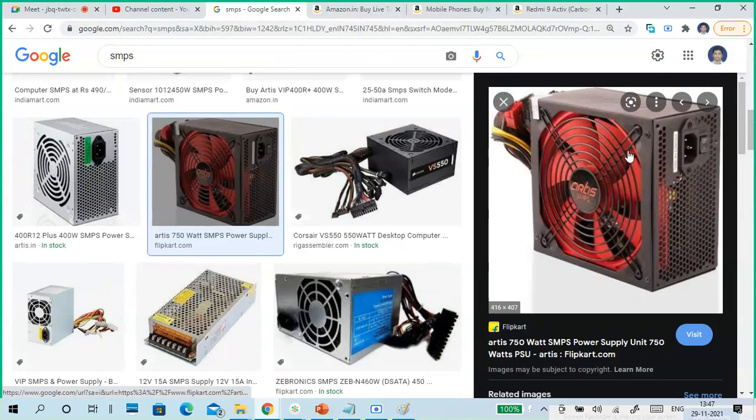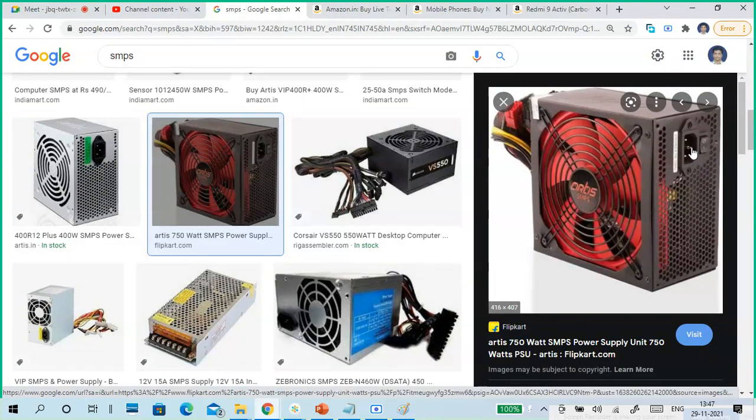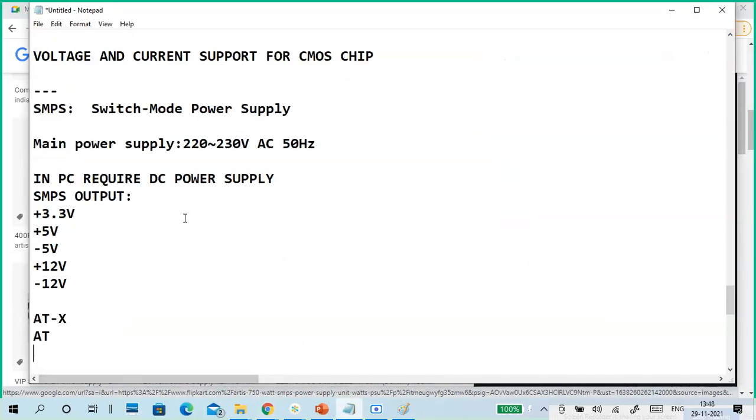If you see, there is a big fan, and this is the main power connection, and there is an on and off switch. Earlier, two channels were there, one US based and one India based. In India, we use this AC input supply.